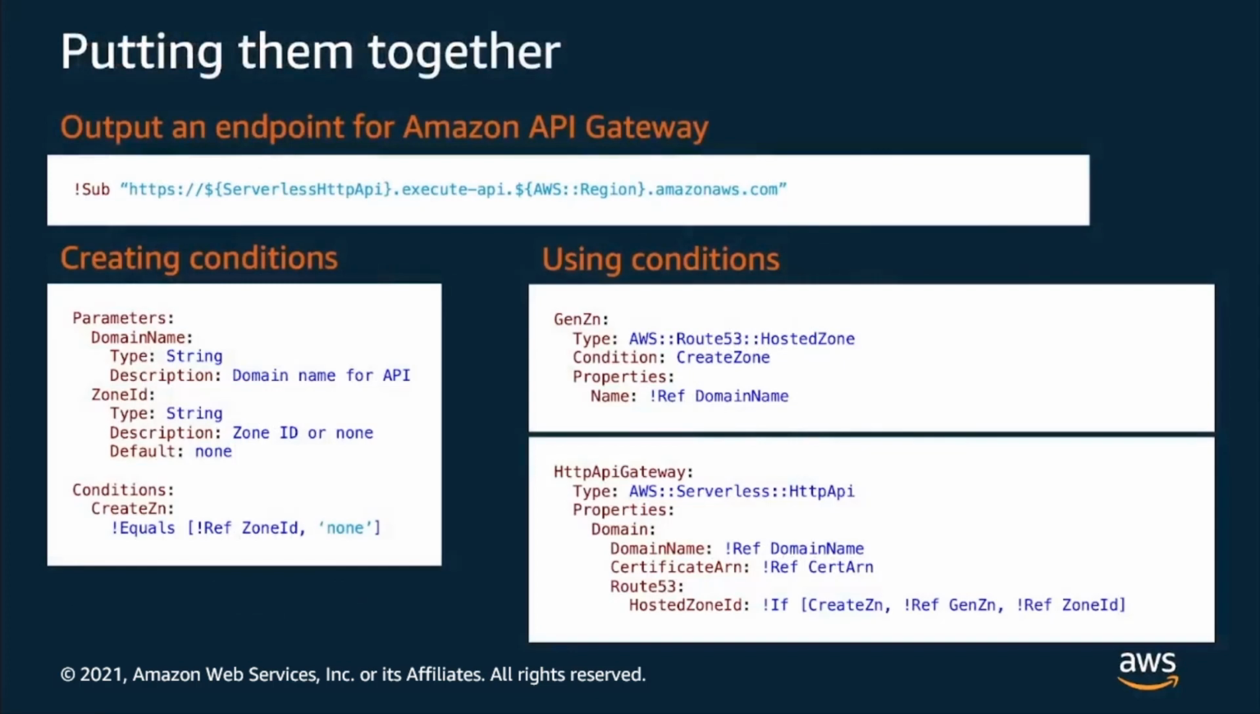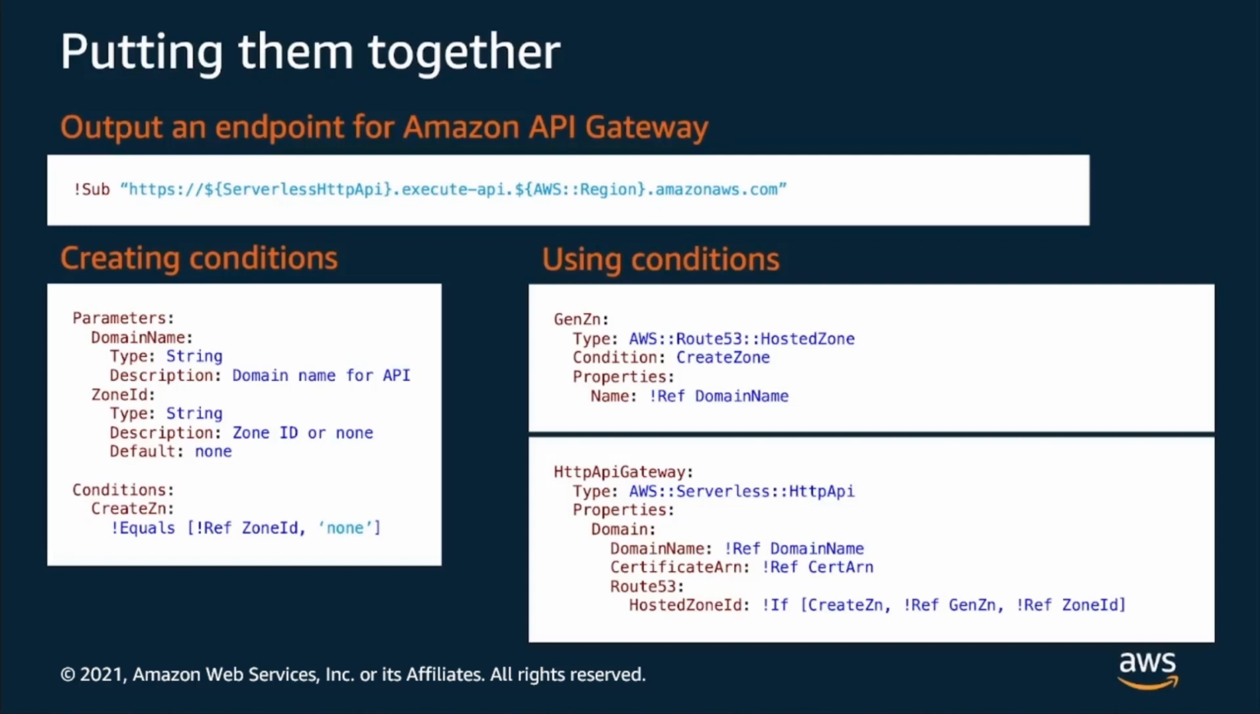Let me show you what that looks like. So in here, on the first one, I need to create an endpoint, and I show the endpoint that we use for API gateways. This is the one that's assigned. And so I can build this by putting together the serverless HTTP API, I reference that, and then the AWS region. Now, I'm using a substitute function, and the substitute function in SAM, I don't have to do, if I